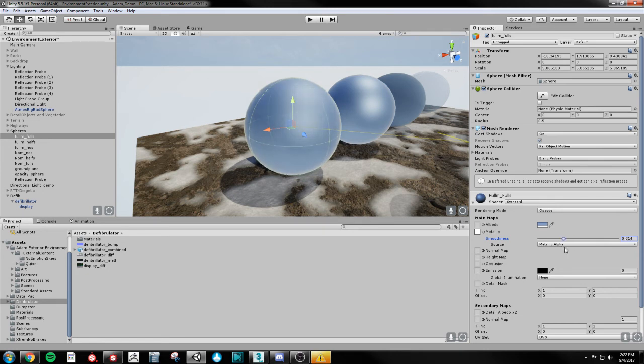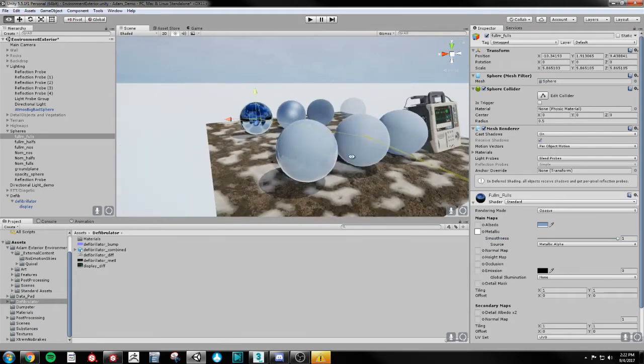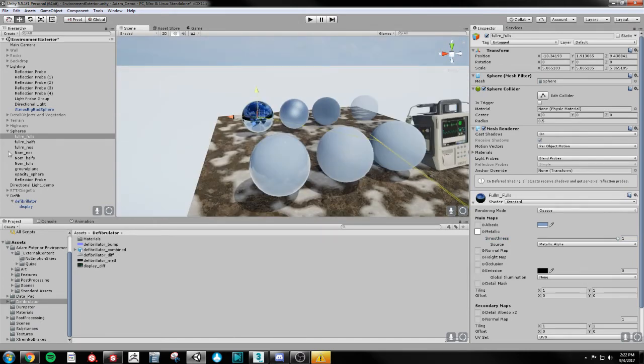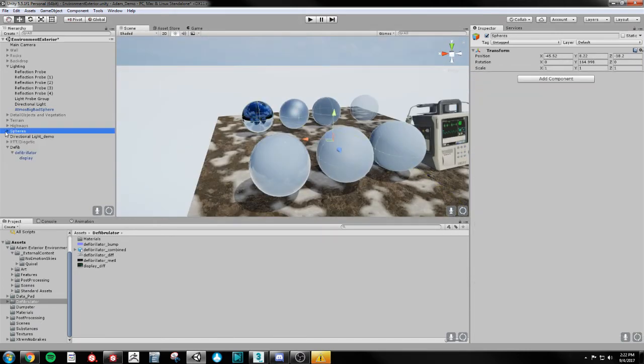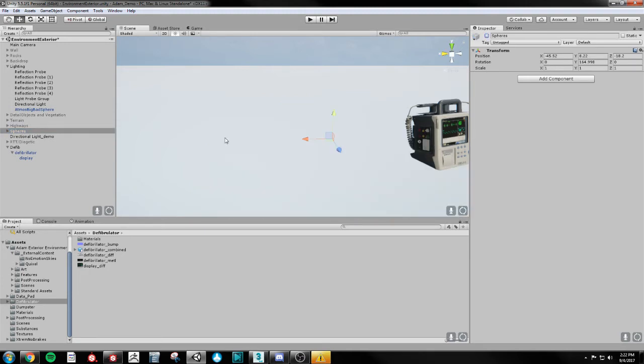And then if we had a map in here, it would alter quite a lot. But that's pretty basic physically based rendering and physically based rendering materials for how games use them and how they function. The next section, I'm going to open up some more stuff in this environment to cover